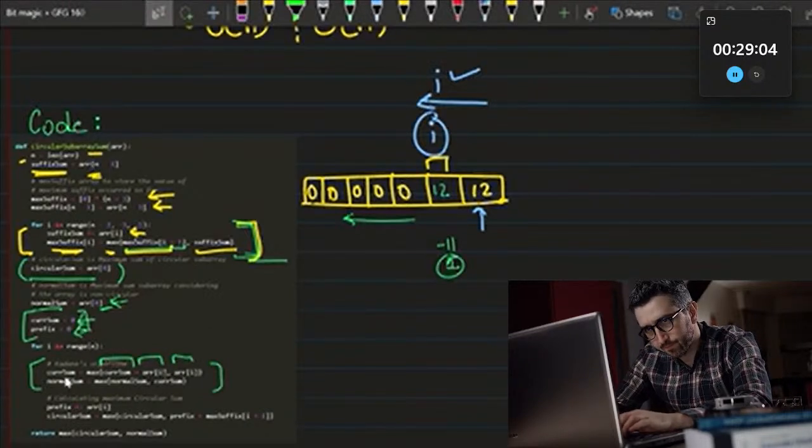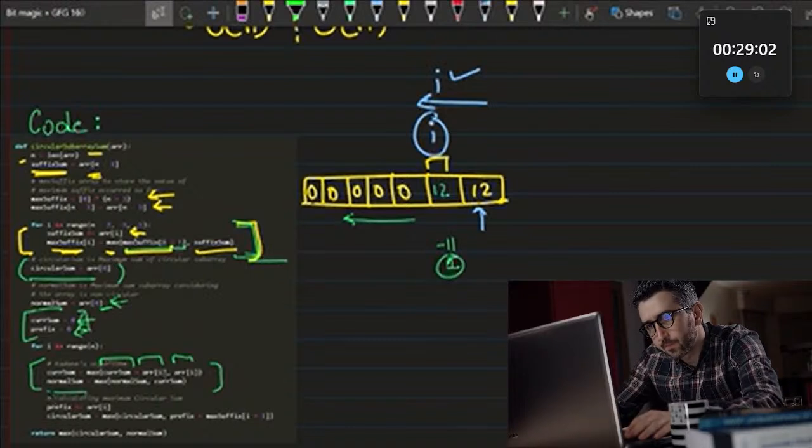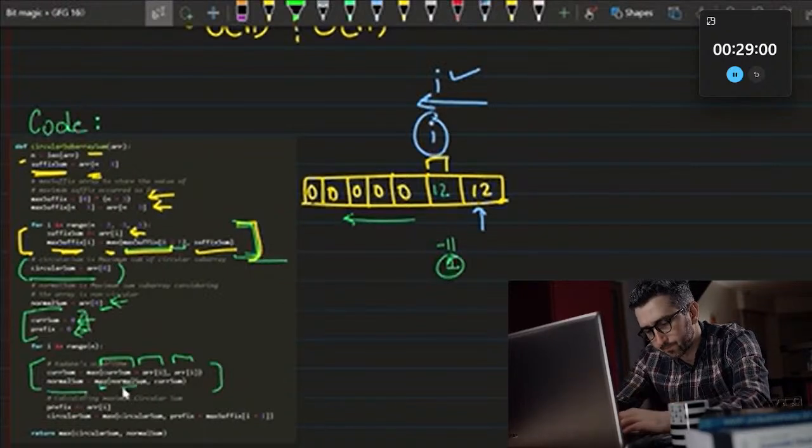Whatsoever is that, we are going to consider that in the current sum, and we would calculate a normal sum by maximizing these two values, the normal sum and the current sum. Now, once we are done with that, we will calculate